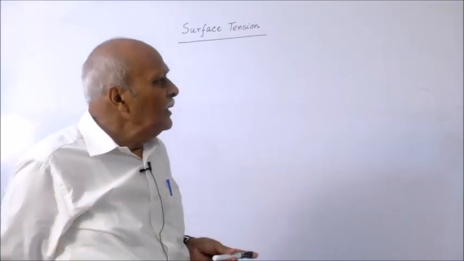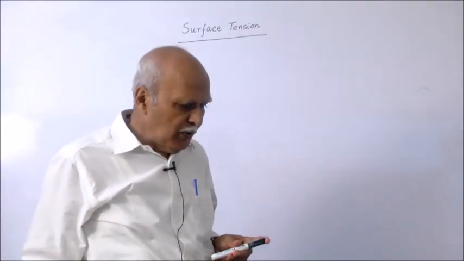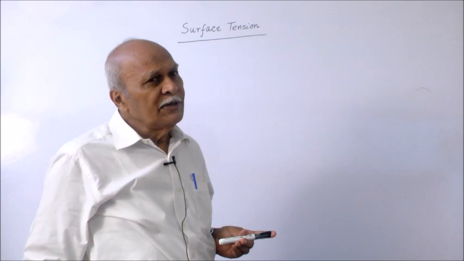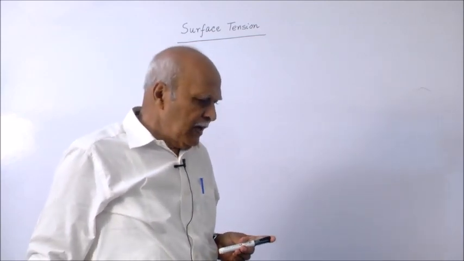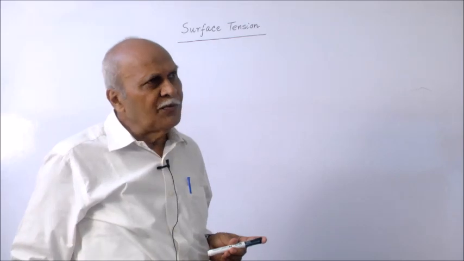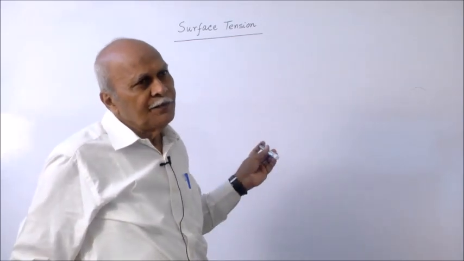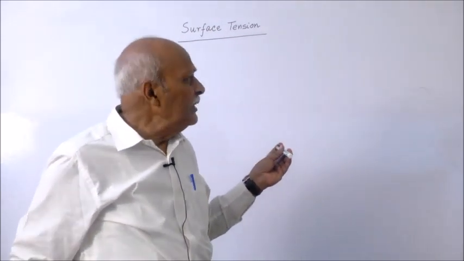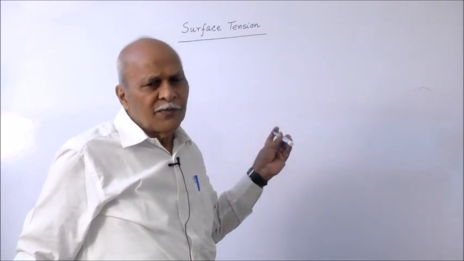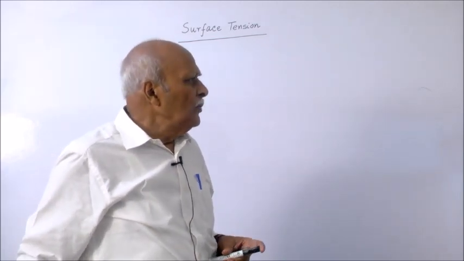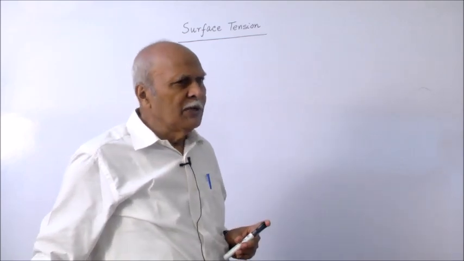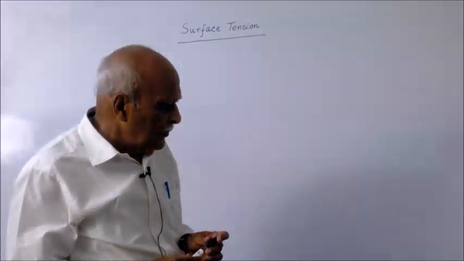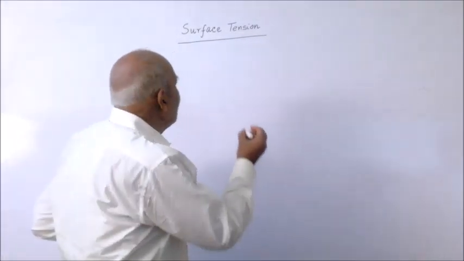Surface tension is a property of liquids, just like viscosity. Viscosity was about the resistance of the medium towards the motion of some external object, but surface tension is a force actually acting parallel to the surface of the liquid, trying to make the surface area minimum. To understand this property of liquids, usually two experiments are cited. We will briefly go through the experiments.